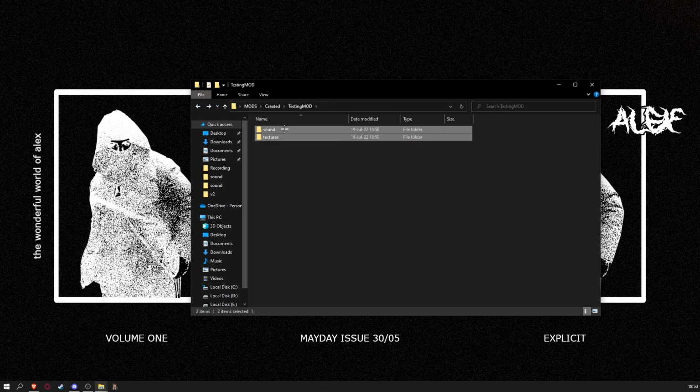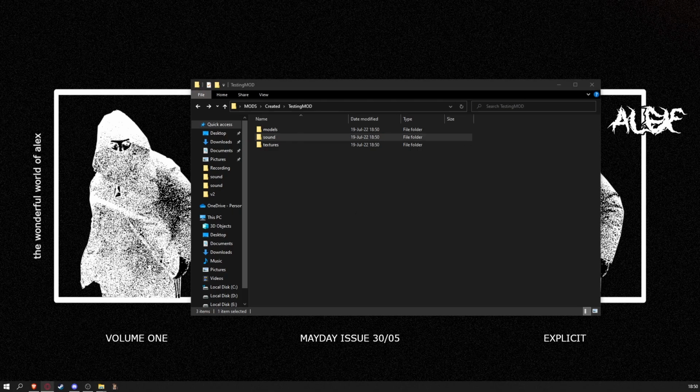So these are the two main files for most mods. There is models as well. That just changes the models of the gun skin, like the guns. So if you have some crazy gun skin that you want, like a gun model, but this is gonna be the main one. So what I'm gonna do is I'm gonna pull up